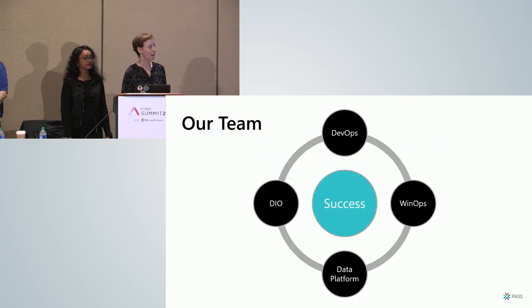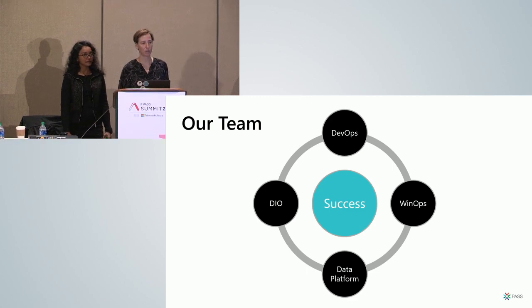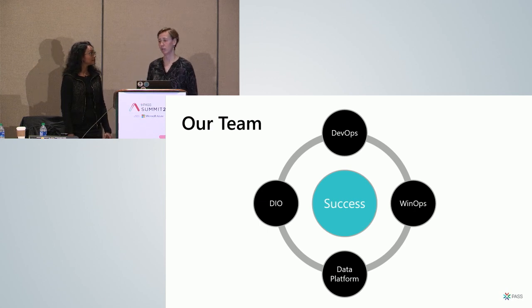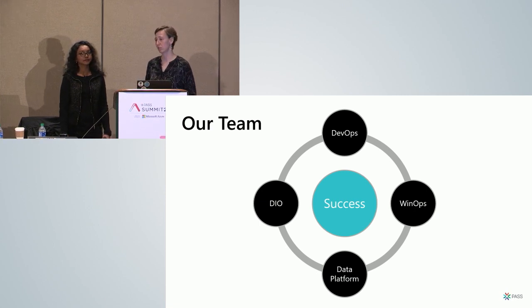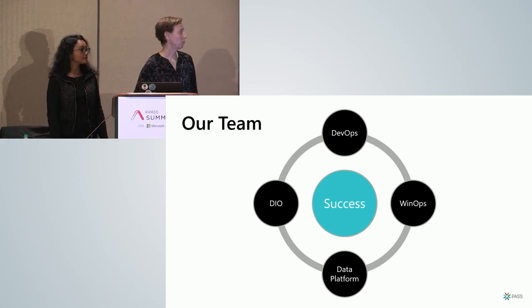And that's what makes our work on DevOps and SSIS CI/CD so critical. We really need to come together as a team to change our culture, to change our technology, so we can deliver business value as quickly as possible to our constituents. And those constituents are the children in the US. So who is our team?